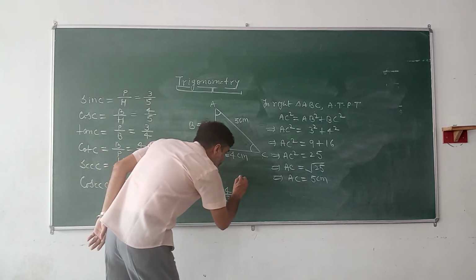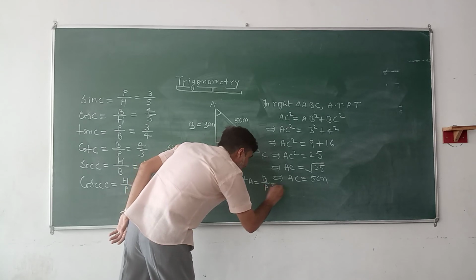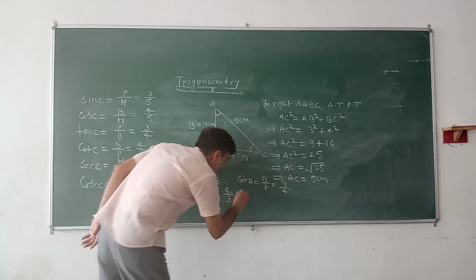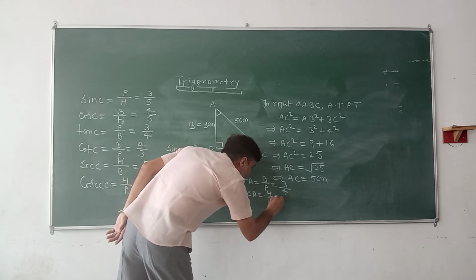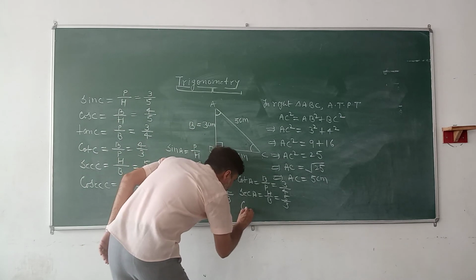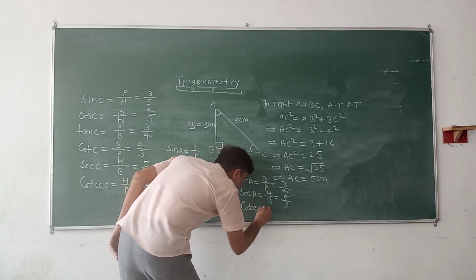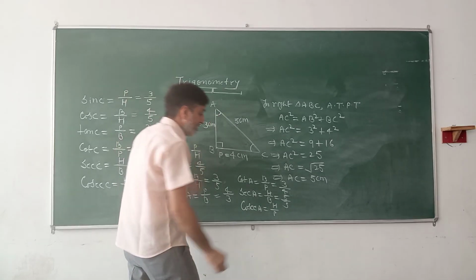So cot A becomes B by P, meaning 3 by 4. This sec A becomes H by B, meaning 5 by 3. And this cosec A becomes H by P,